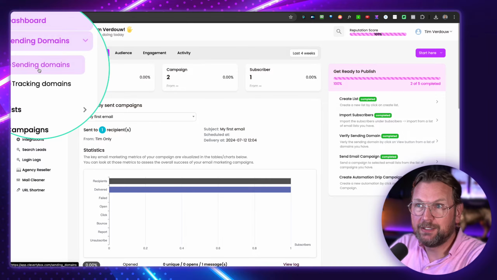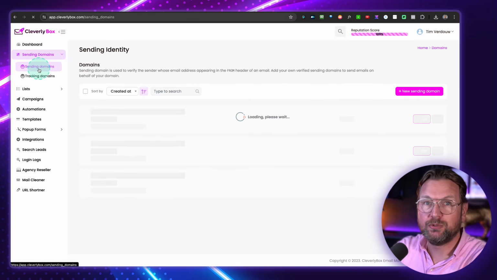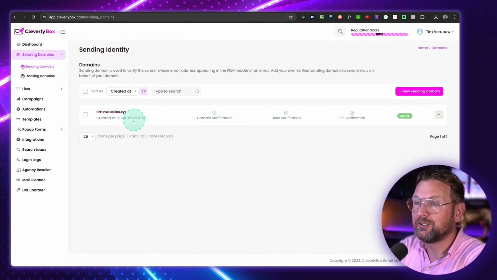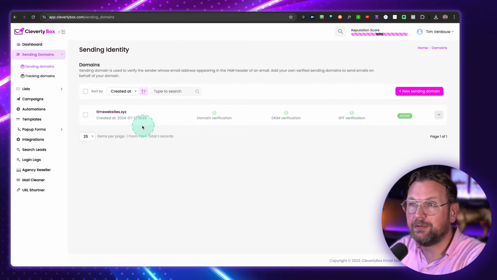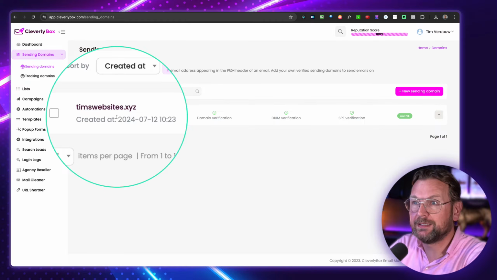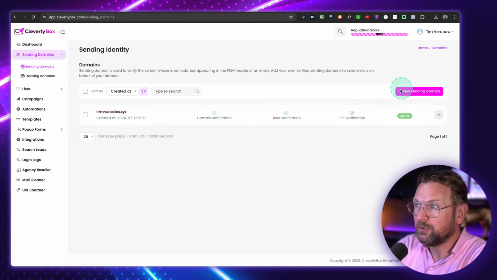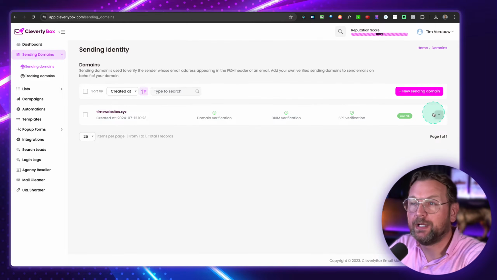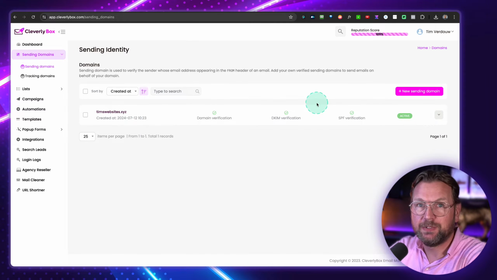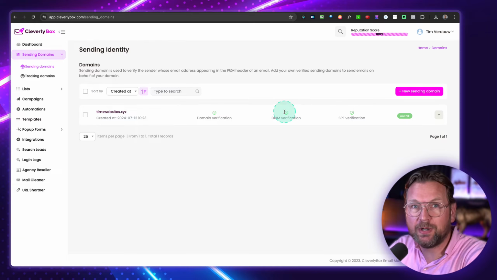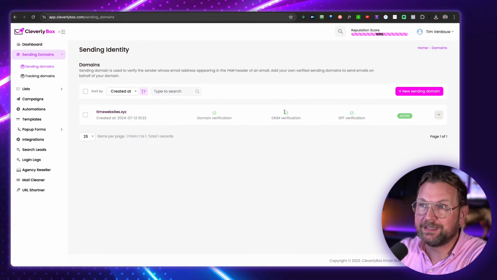Now, sending domains means that it's going to use your domain to send the emails. For example, my website is timverdouw.com. I'm going to send emails with tim@timverdouw.com. That's what you can configure in here. So in this case, I've set up an alternative domain that I have, timswebsites.xyz. So you add a new domain, you fill out the details on your DNS. So you need to change some DNS settings,